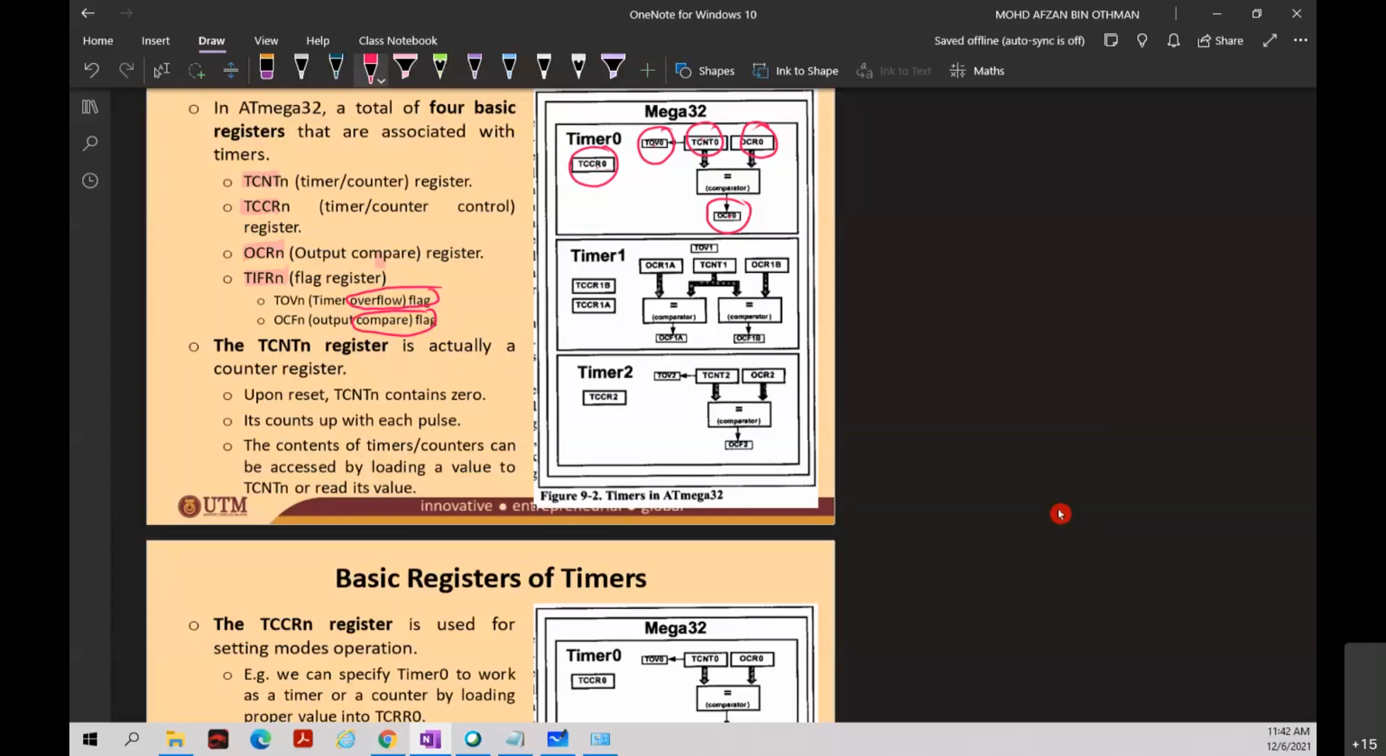Kamu tengok ni, kalau TCNT sama dengan threshold level, apa yang berlaku? Flag OCF akan jadi 1. Okay, timer 1 pun sama, kamu ada TCNT. Okay, kamu tengok yang ni TCNT 1, yang ni tadi TCNT 0, menunjukkan this for the timer 0 and this